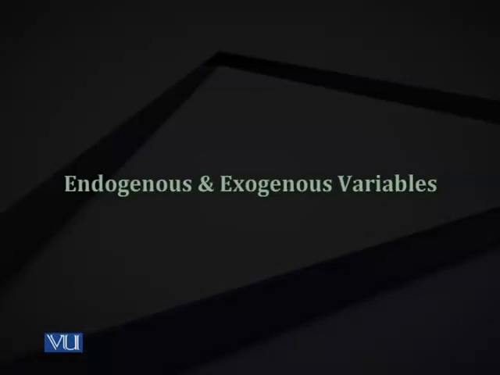Now let's speak of what we call endogenous and exogenous variables. In a simultaneous model, for example, in a model with two equations, you may have several variables. Remember that mathematically, if you want to solve a model using simple algebra, you have some unknowns for which you seek values from within the model, and you want to get the values of them. So remember that you need as many equations as you have unknown variables. If you have 4 unknowns, you need 4 equations. If you have 3 unknowns, you need 3 equations. So the number of unknowns should be exactly equal to the number of equations if you want good solutions of the parameters.